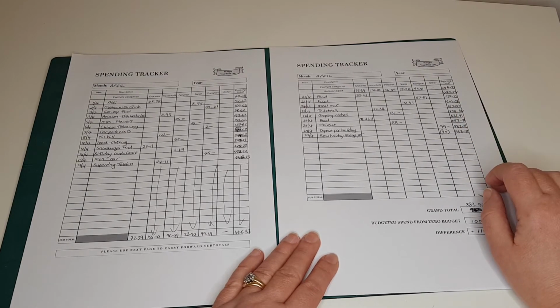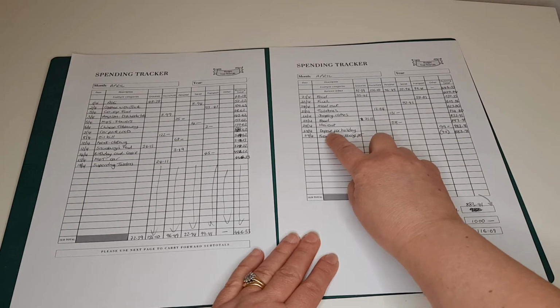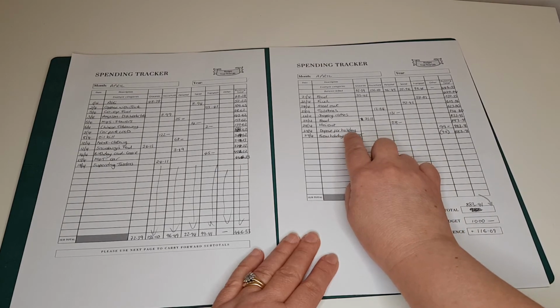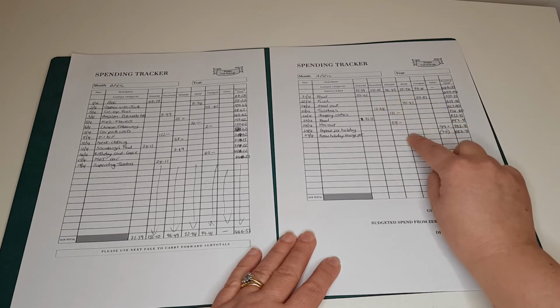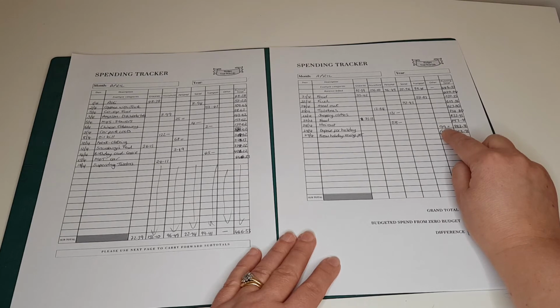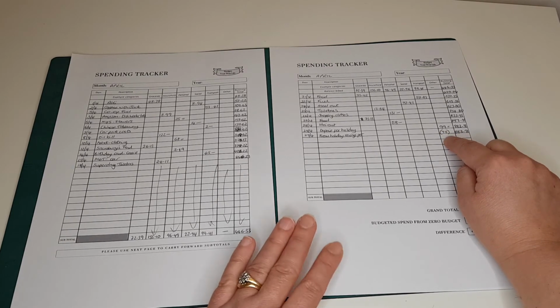Now, one thing to mention here is you'll notice I've got a little adjustment. And the reason for that is I ended up putting a deposit on a holiday that I'm going to have later on in the year. And I had to put a £99 deposit down. Because it doesn't fit into any of those other categories, I've put it in the other column and included it in my spending. But really, because I've set a savings pot up for my holiday expenses, and we'll talk about